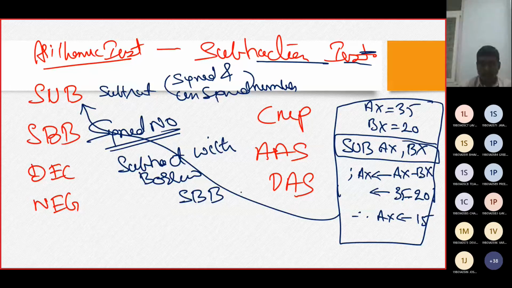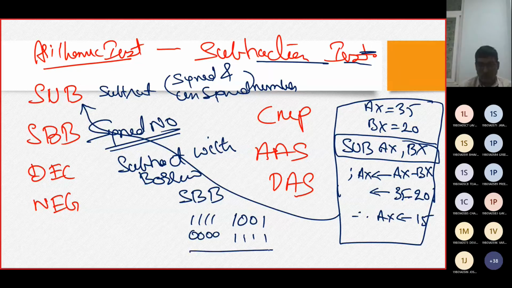For example, I have 1001, then 1111. You can look at this scenario: 1 minus 1 is 0. Then I'm going to say 0 minus